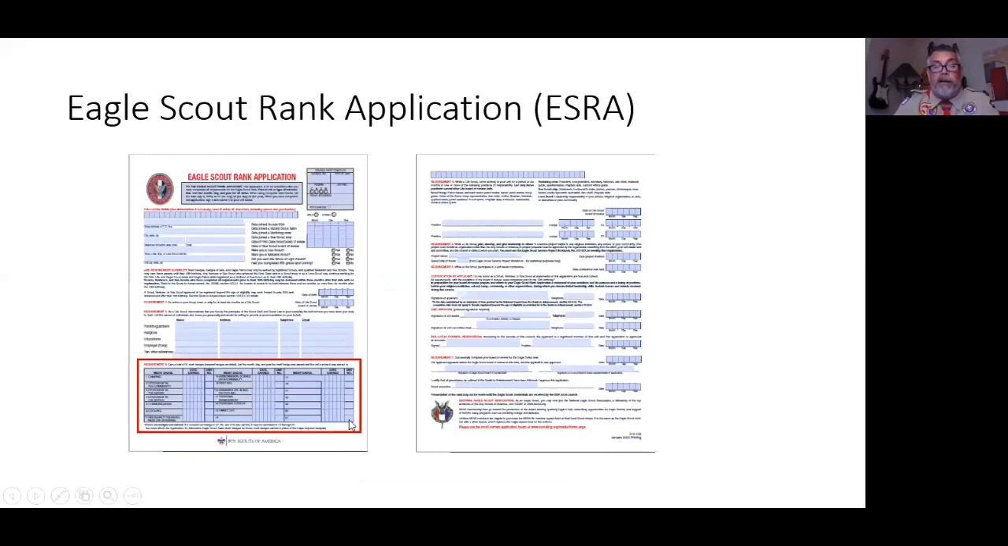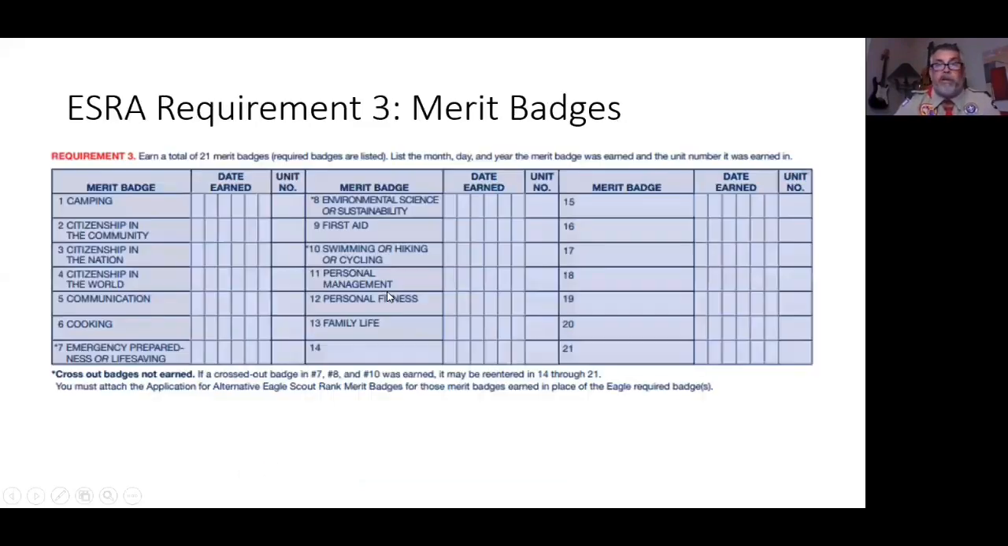All right. Next section, down here at the bottom of page 1 are your merit badges. It's pretty straightforward, right? You've got to earn a total of 21 merit badges. The first 13 are your required ones. You've got to write the date that you earned them, and then your unit number. Your unit number is 10, right? Because we are Troop 10. And then over here is where all of your